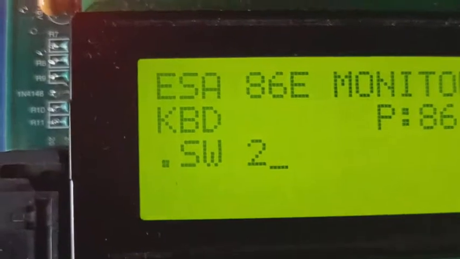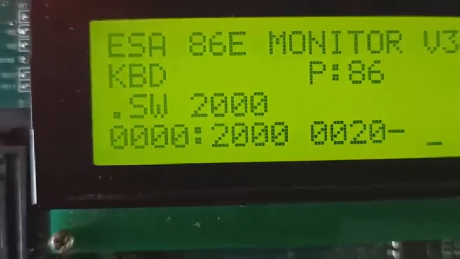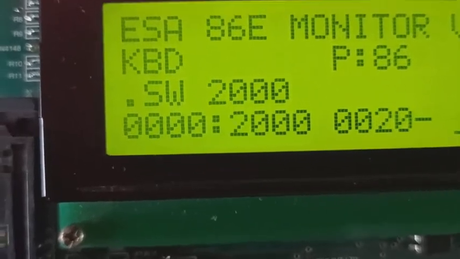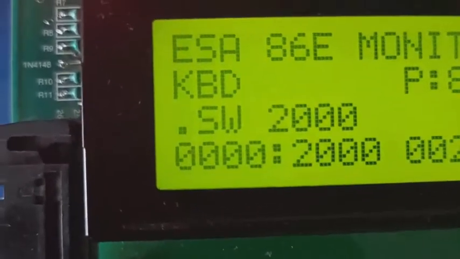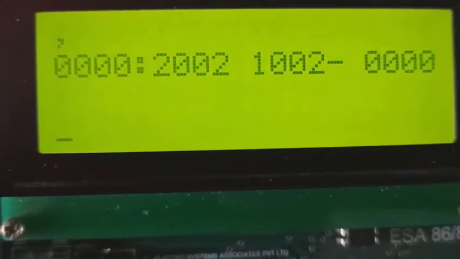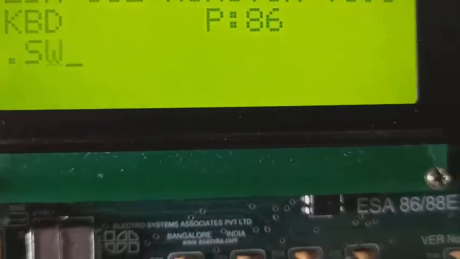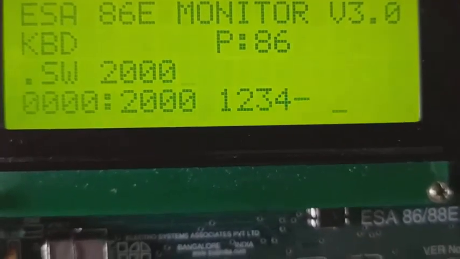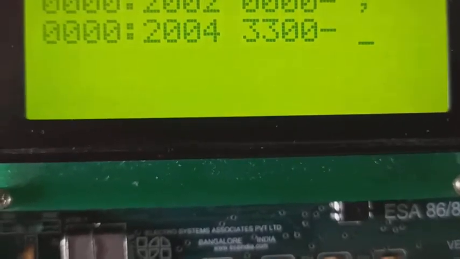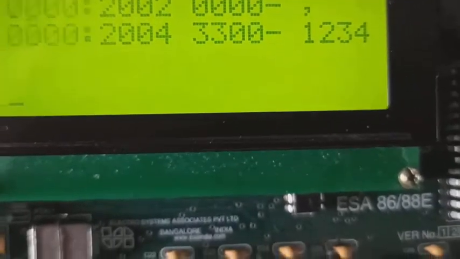Now for this, SW2000, what inputs do we want to give? Let us see. 1234 comma 0000 is the input I want to give. Enter. And another input, I want that to be divided by 1234.